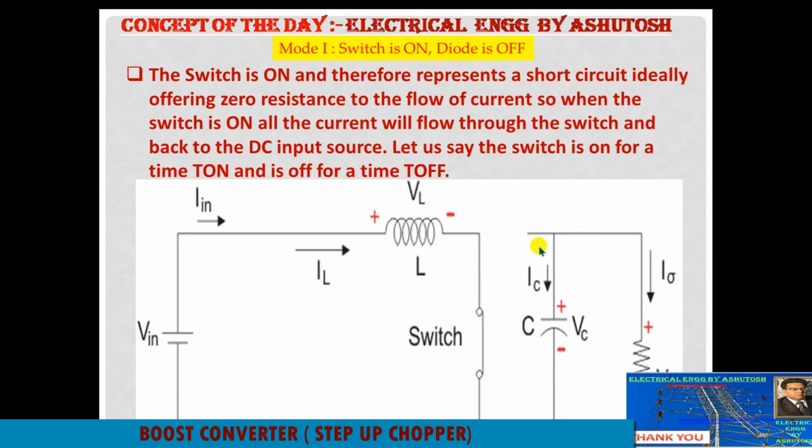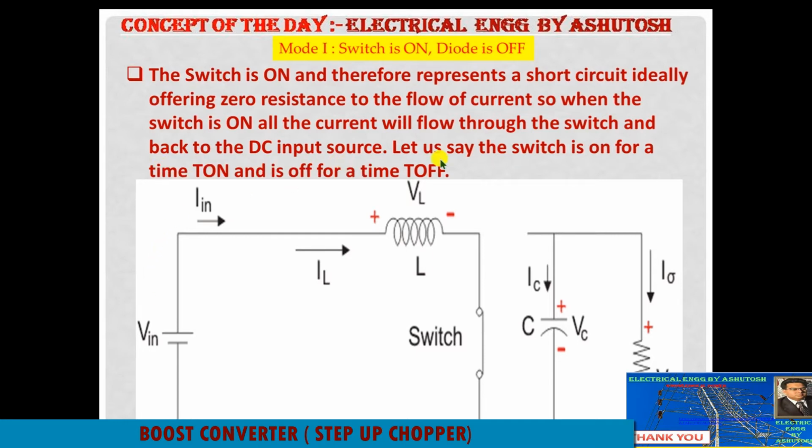When the switch is short circuited, ideally offering zero resistance to the flow of current, the whole charging current flows through this circuit. All the current will flow through the switch from here